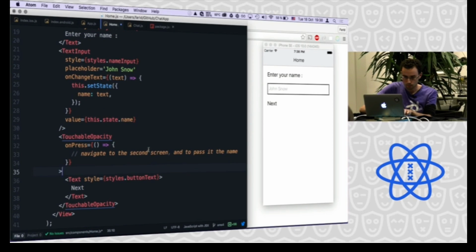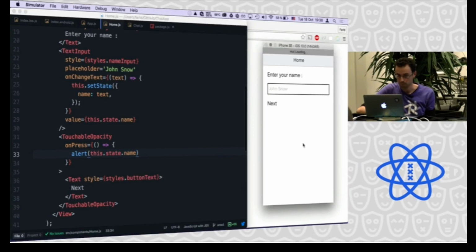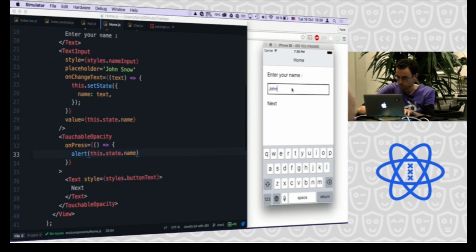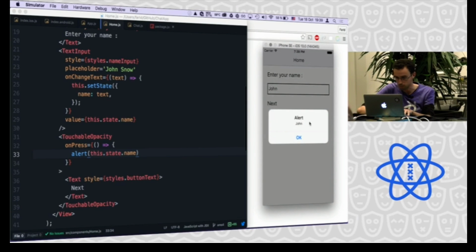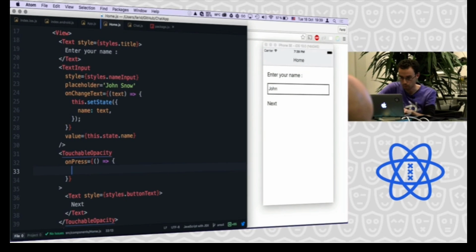So here, at the onPress, for now, we'll just alert to see if we can retrieve properly this string. So let's save. We'll write hello, type next, and we can display we have access to the name. I will show you now a bit of debugging. You can use the console log here